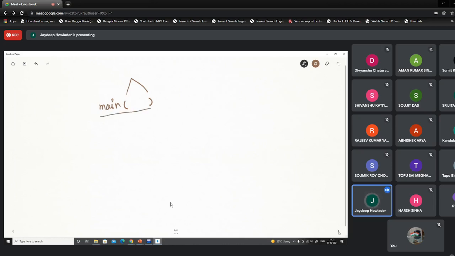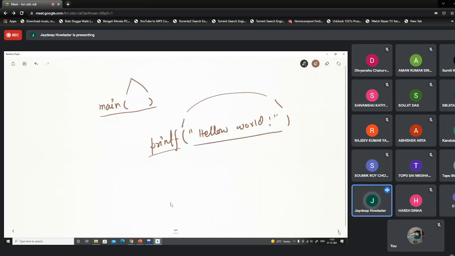This is part of the function definition, like printf. Then we put some argument, so "hello world". This is the string, and the opening and closing parentheses are part of the function.